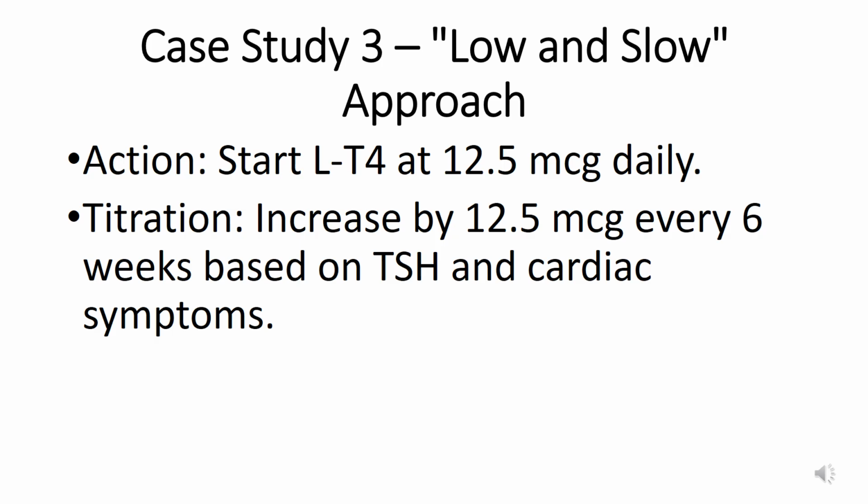In summary, elderly patients with significant cardiac disease are often treated using a low and slow strategy. Therapy may begin with levothyroxine at 12.5 micrograms daily, followed by gradual increases of 12.5 micrograms every 6 weeks. Dose adjustments are guided by both thyroid-stimulating hormone levels and cardiac symptoms, ensuring that hypothyroidism is corrected safely while protecting